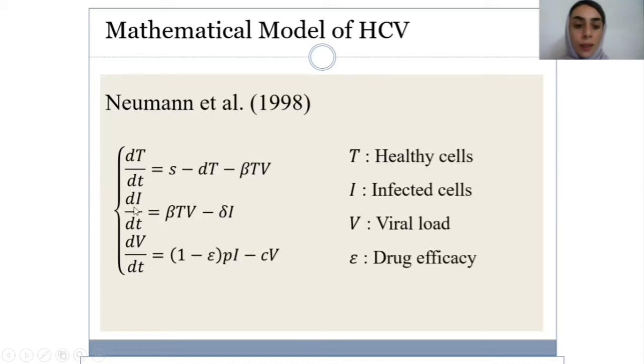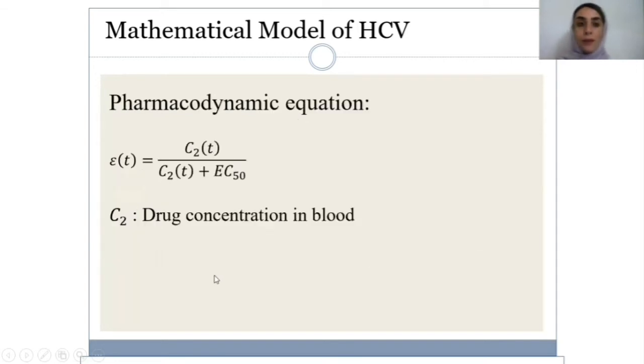The produced infected cells die by constant rate delta and they produce virus particles by rate P. On the other hand, the produced virus particles decline because of the natural death by rate C, and also using the antiviral drugs decreases the production of the viral load from the infected cells by the factor epsilon, which is the drug efficacy. In order to have a relationship between the drug dose and its efficacy, we use the pharmacodynamics